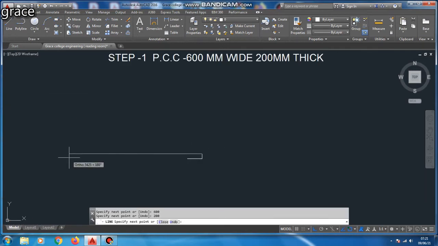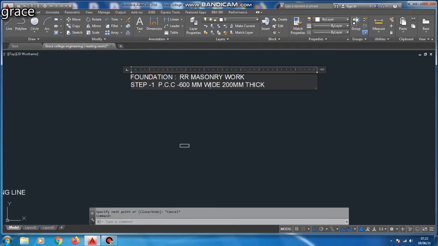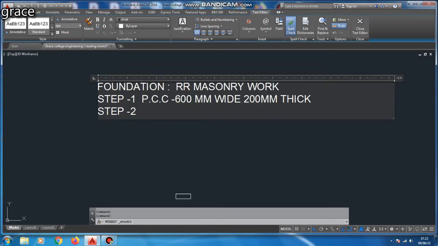So by using the line command, we are going to draw a small rectangle for our substructure. Okay, so the size of the rectangle is 600 cross 200. Next, step 2, 600 mm, that is our foundation substructure, 600 mm below the ground level.